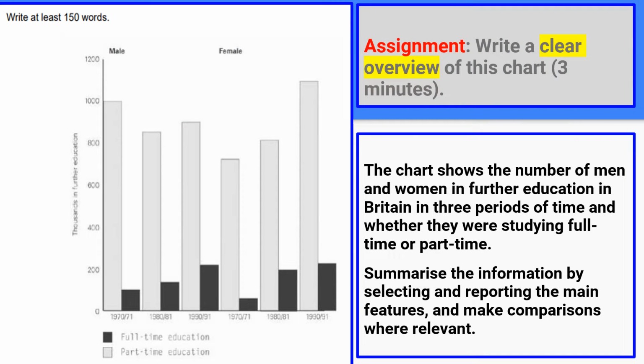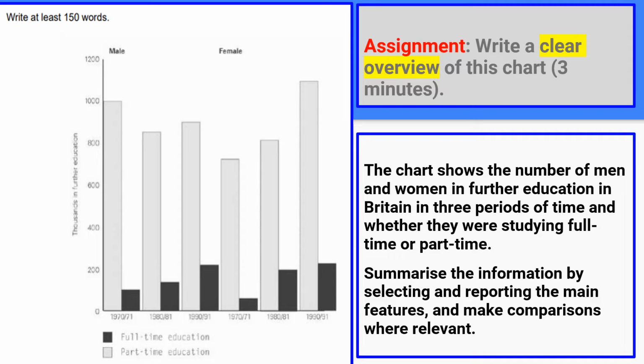I think we should do some practice to begin with. I would like you to pause the video here, take some paper and a pen or pencil, and study this graph. The data here presents information on the number of males and females studying in Britain in 3 periods of time, and whether they were studying full-time or studying part-time. This example of Task 1 is publicly available at